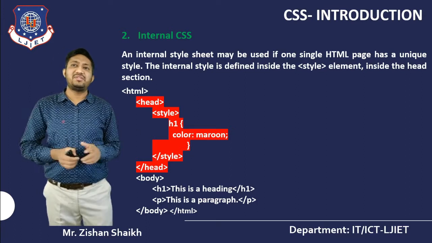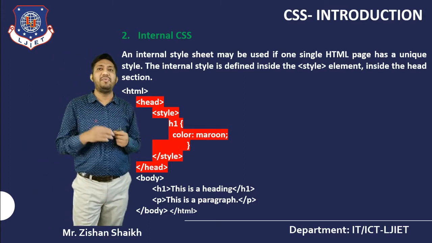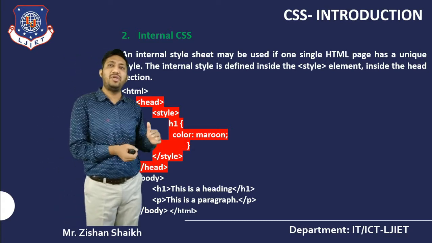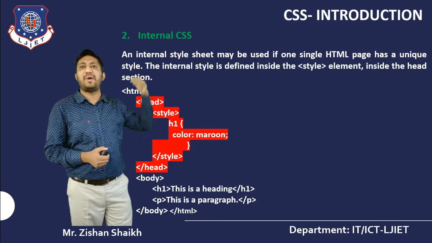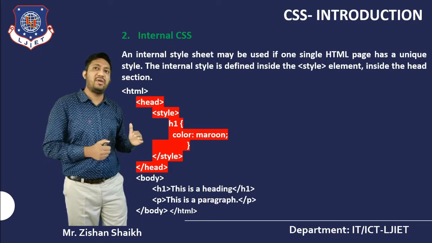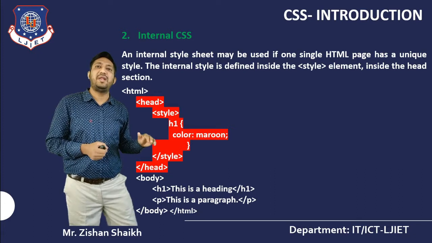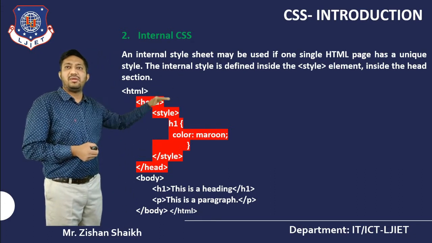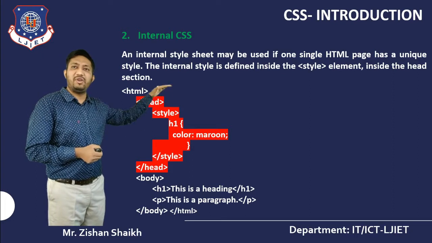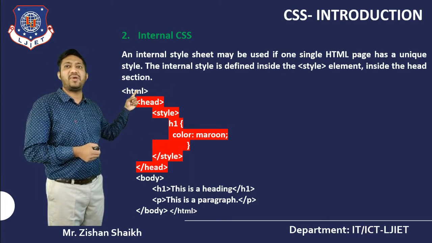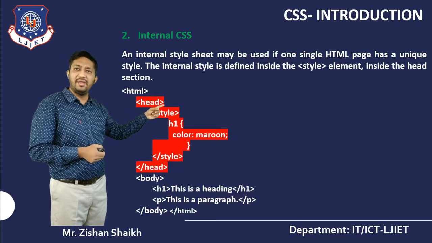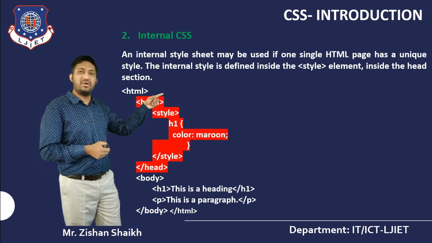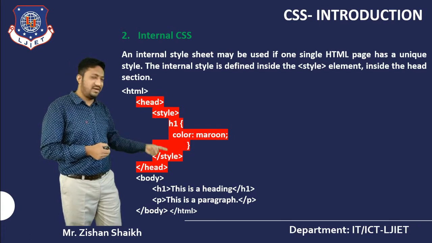In the previous CSS, the whole code of CSS was written in an external file. Instead of that, if I want to put my CSS code in my HTML file, then that is internal CSS. Here the whole code of my CSS file will be written in the header section. You can see the code of the whole CSS will be written in my HTML file. So in the HTML file, I am writing here the header section. In the header section, we have to use the style tag.